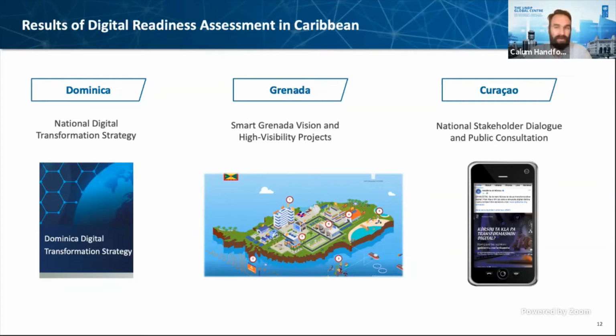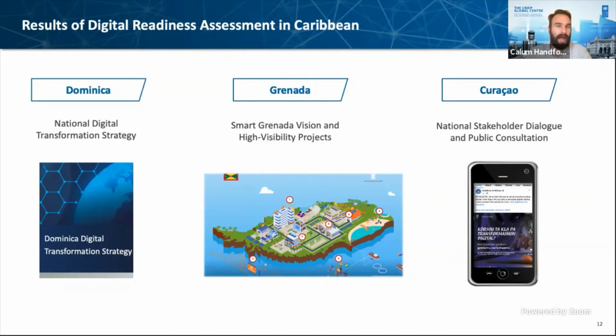More recently, we launched in the Solomon Islands, and this work will also hopefully be informing the national digital strategy as a very defined next step. And then in Curacao, we wrapped up the assessment just last month. We're phenomenally impressed with the response from government, the private sector, civil society, and also from the public through our public survey. And we're now working with the government to figure out what the next steps look like in terms of building on that assessment.